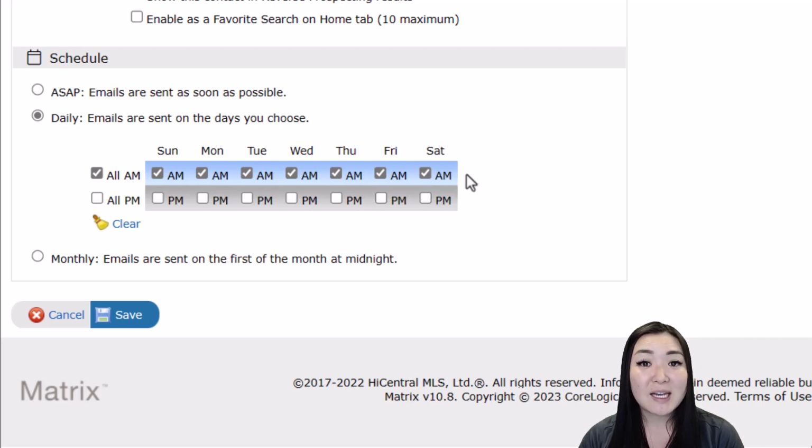AM is going to send any properties that match the criteria you've set out in the MLS as of 8 a.m. PM is going to send anything that matches the criteria of your auto email as of 6 p.m. So what this means is if you say AM and PM,